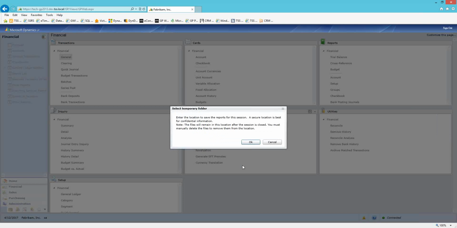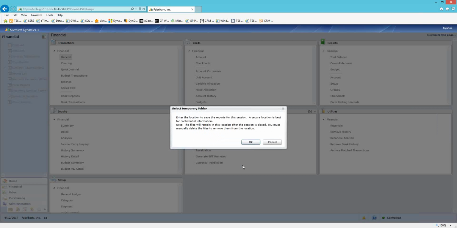So I'll actually let Darren speak to that, because you do have to enter a location each time you log into the web client. Yep, so this is actually a Silverlight restriction. Basically the security in Silverlight doesn't allow you to write to the file system without giving permission, and that's basically what this is doing. So since we're printing a Word template, in order to print that we have to have an actual Word file, so it has to have some place to store that file so that it can then